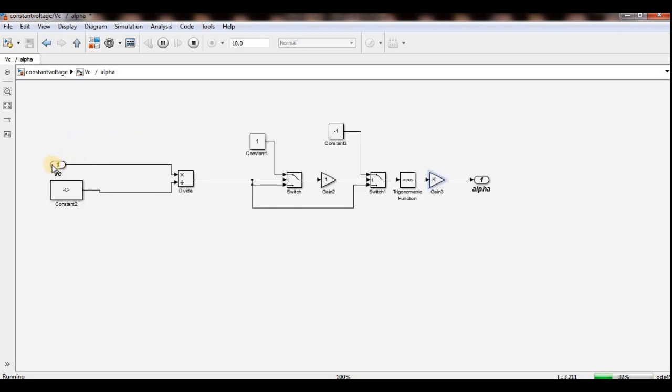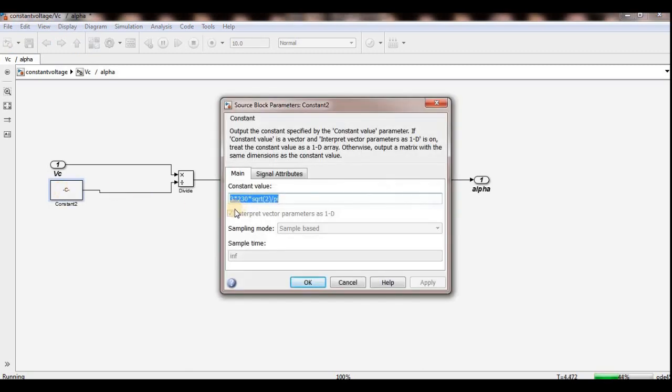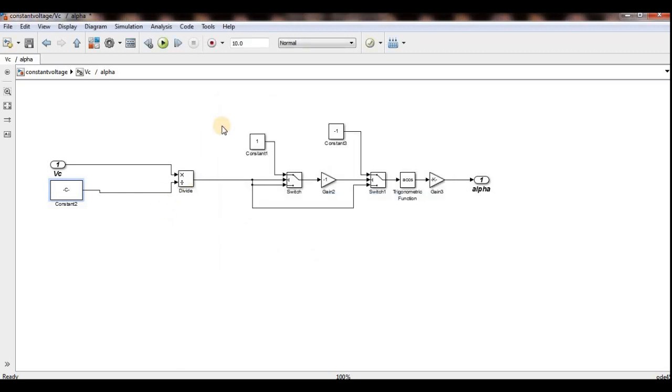So this can be done by dividing this VC by my factor. This is my factor, 3 root 2 Vm by pi cos alpha. Sorry, it is 3 root 2, because the 3 phase voltages, and 230 into root 2 is my peak, so 3 Vpeak by pi. So this is my factor, because 3 root 2 Vm by pi cos alpha is my output. So this output divided by this factor I can get as alpha, but this may be positive or may be